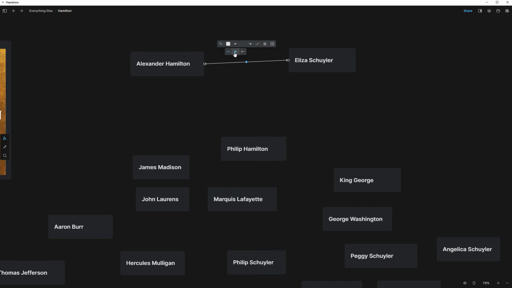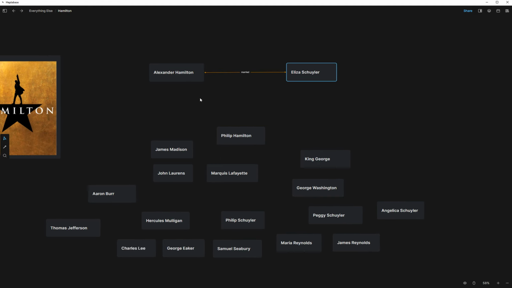I'm going to do what we did, which is put two ends on it. I'm going to say that they are married to each other. Now I might want it so that I have certain colors for certain things, so I can click on a color here and say, right, let's go a nice bright color, all the family are going to be this color, and I can change the color of those lines. I'm going to zoom back out just a little bit,